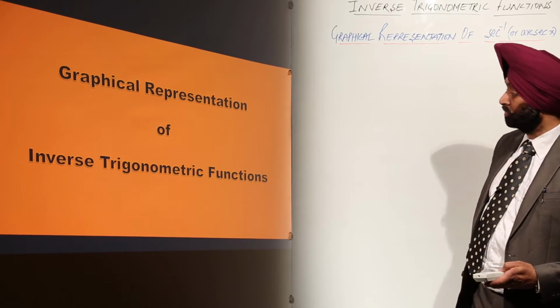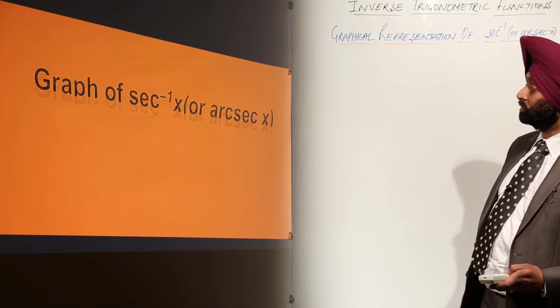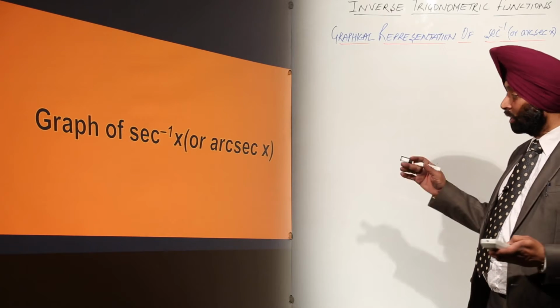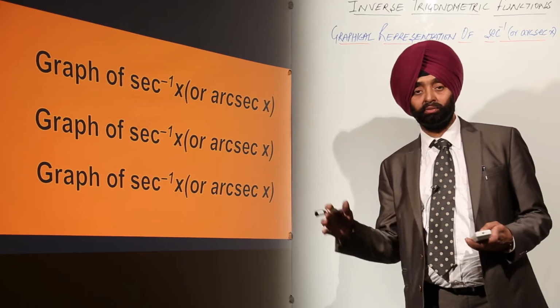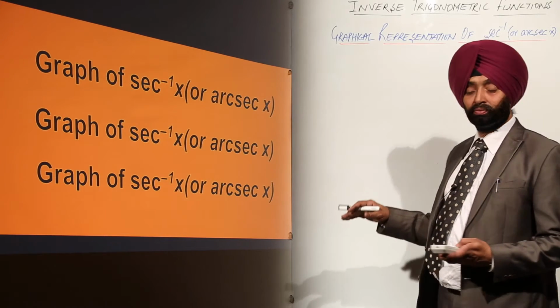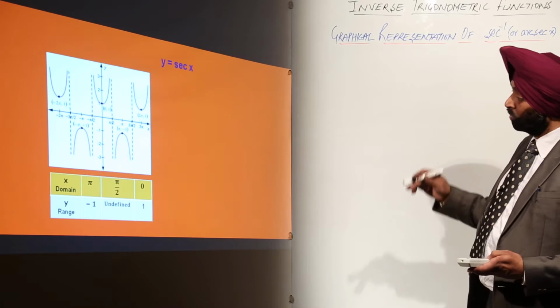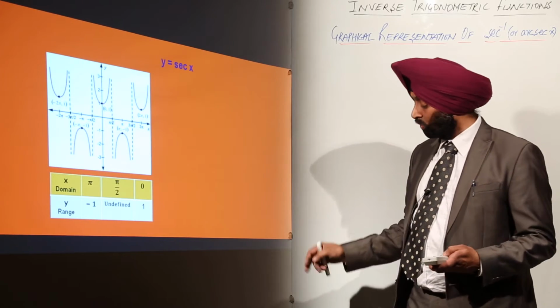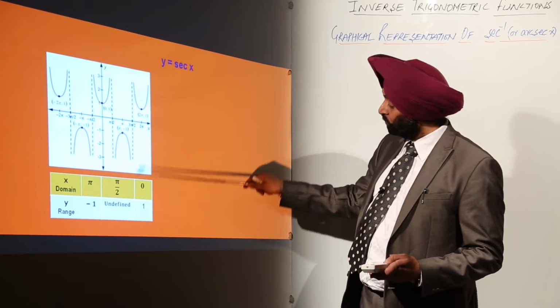Now our next inverse trigonometric function for the graphical representation is secant inverse x. Again, as we have done with all the 4 functions, first of all, the basic graph for y is equal to secant x. Now this is a basic figure for y is equal to secant x, a very nice figure with